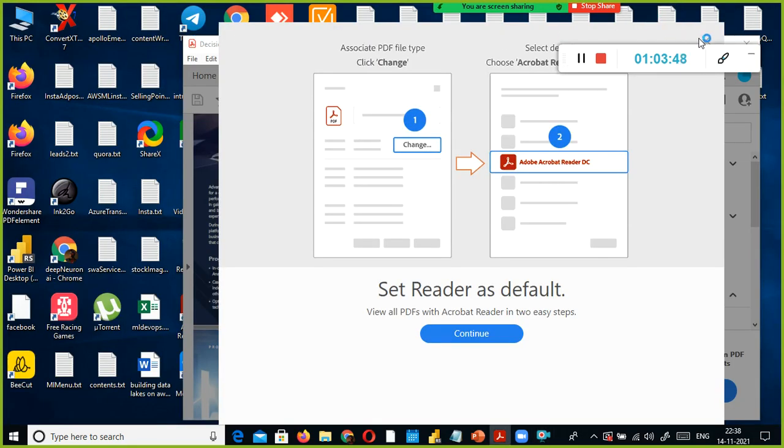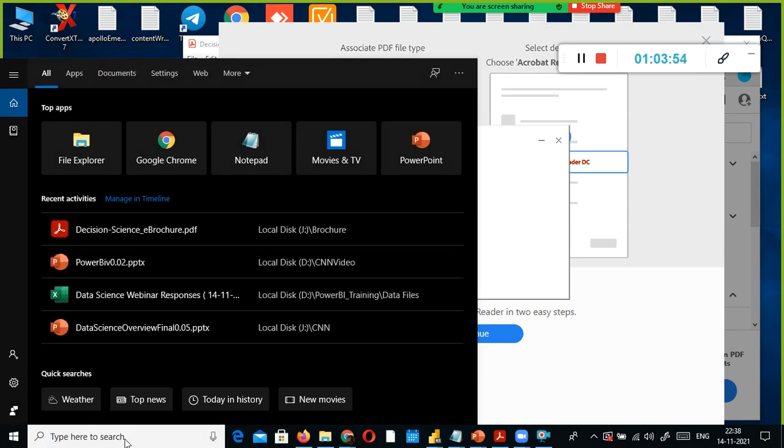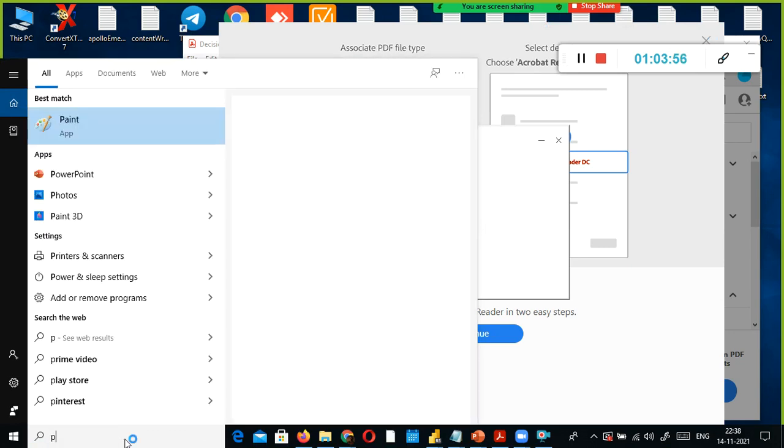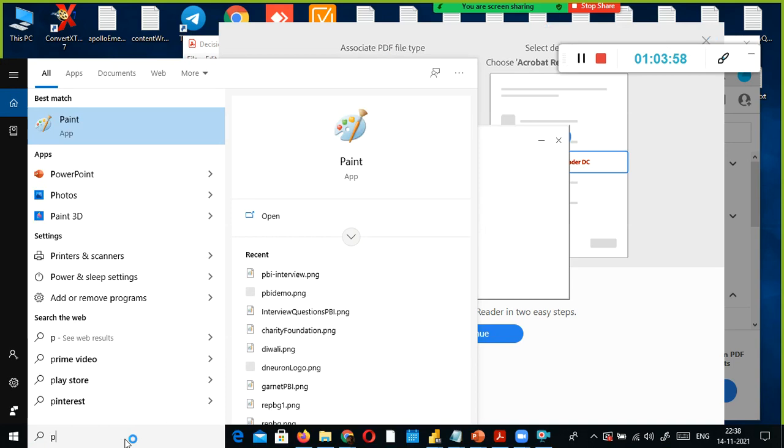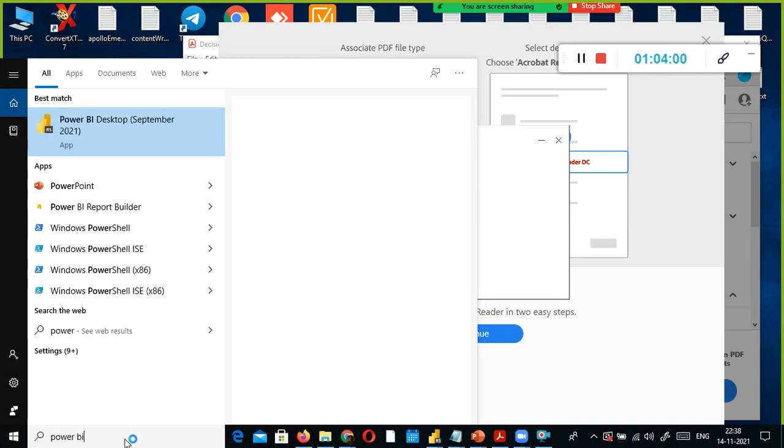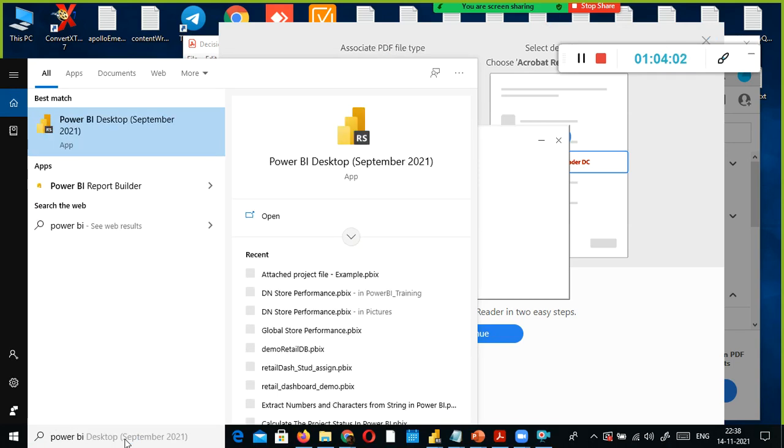We cannot find it like that, it's coming. No, you just watch my screen very carefully. But it's there, sir. No, watch my screen very carefully. Type Power BI like this. If you type it, you should see something like this, with the icon. With the icon you can see it. One minute, sir, I'll show it.